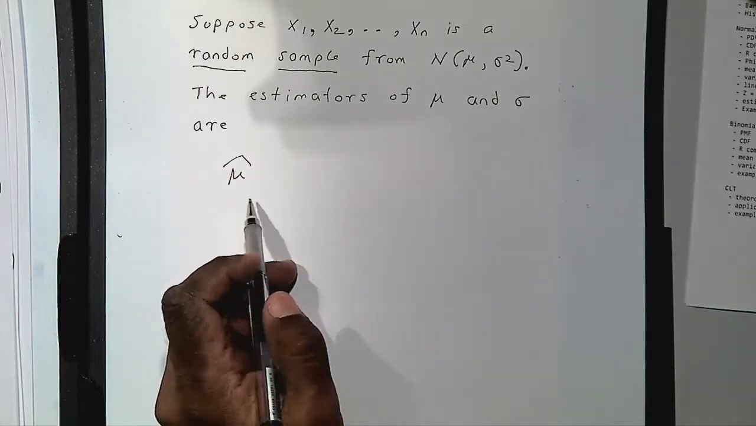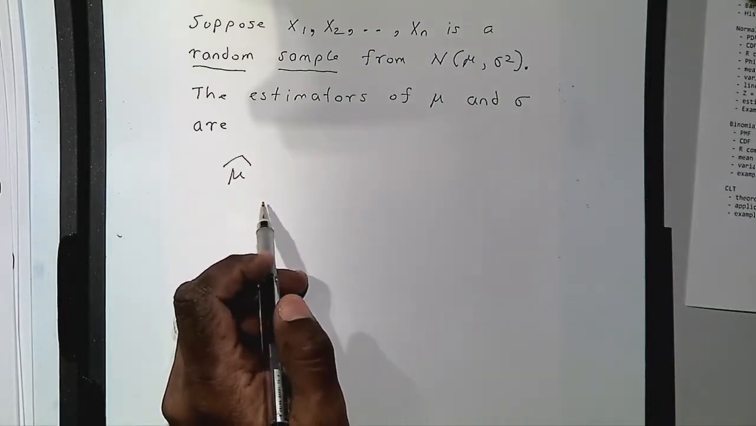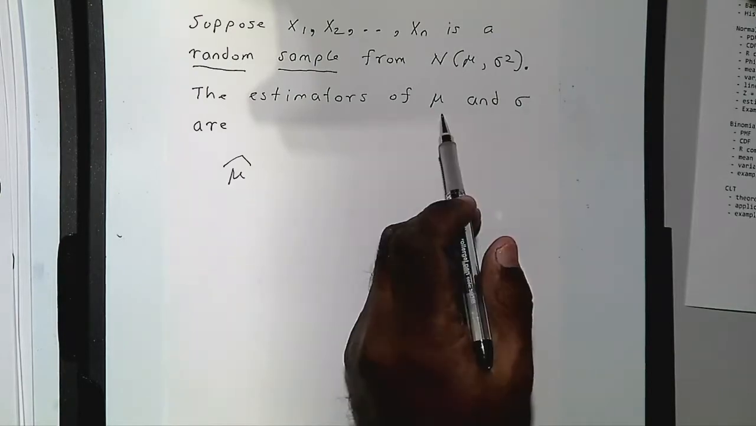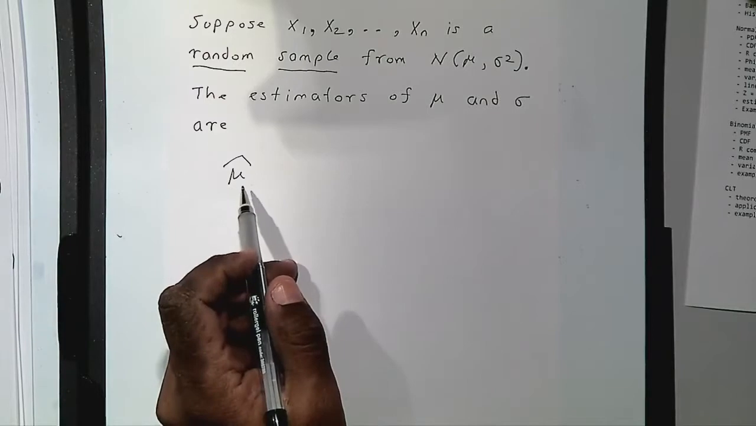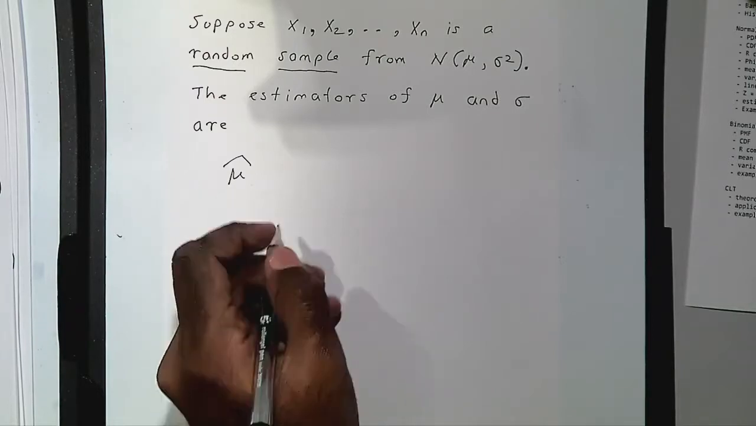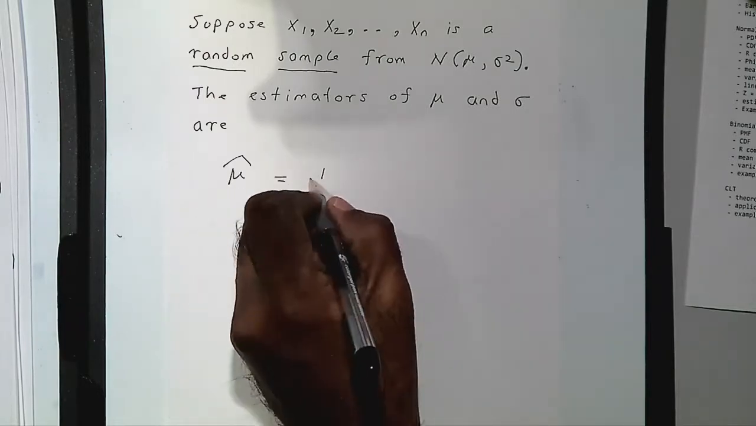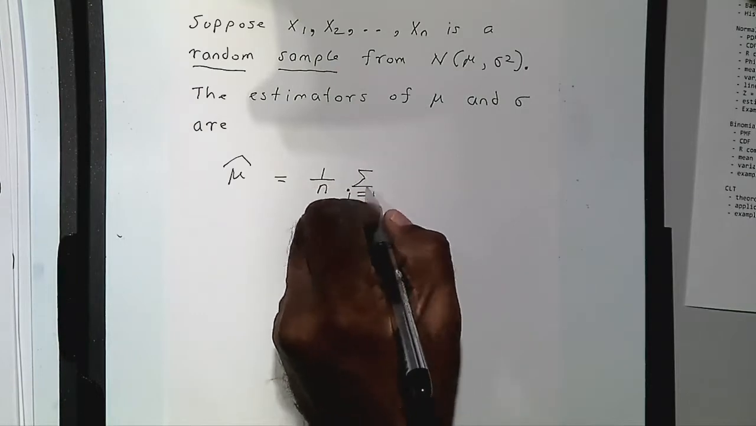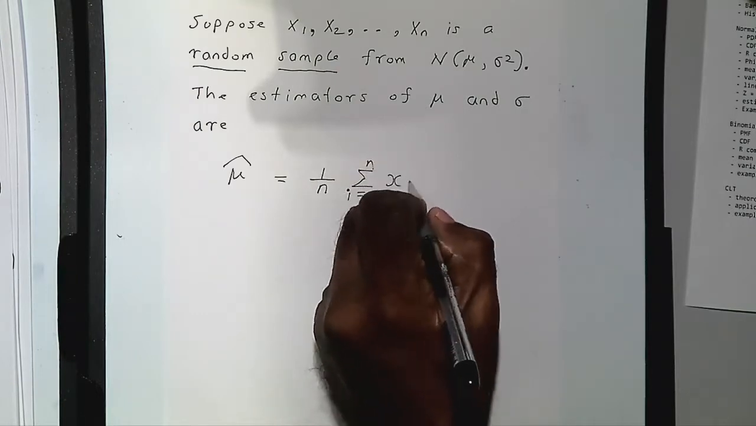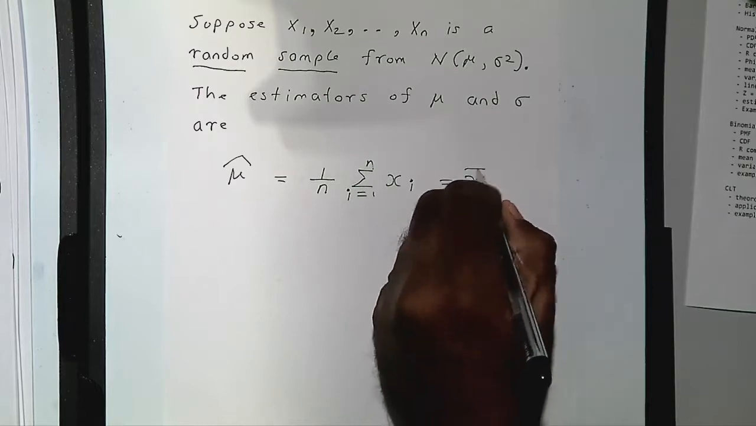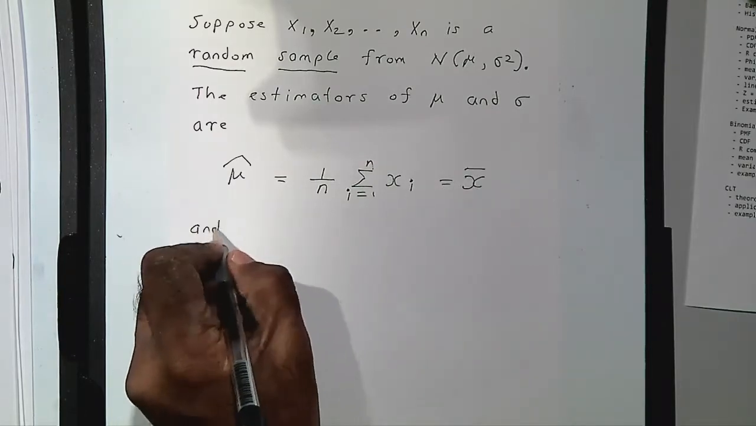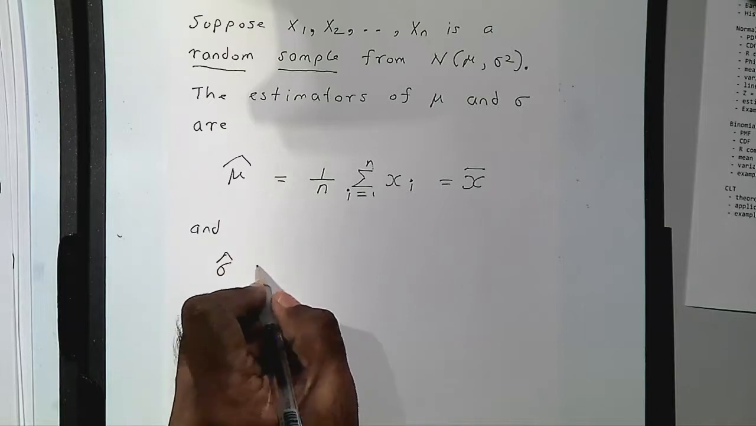So I think I explained this to you last week. The hat is used to denote an estimator of a parameter. So in this case, mu is a parameter, mu hat is an estimator, right? So mu hat is the sample mean, right? And sigma hat is the